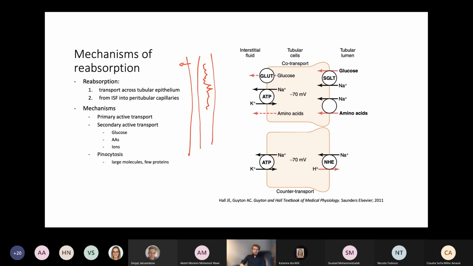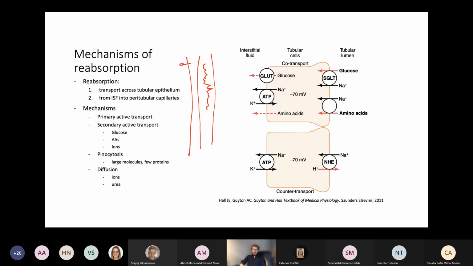Then other active mechanisms include pinocytosis. Renal filtration is not perfect, and sometimes we're going to lose a couple of proteins, and these proteins are going to be reabsorbed basically at the proximal part of the proximal convoluted tubule. We're going to have small receptors, and they're going to notice when there's a protein attached to it and start to endocytose it. And then last, diffusion. Diffusion, especially in the proximal parts of the